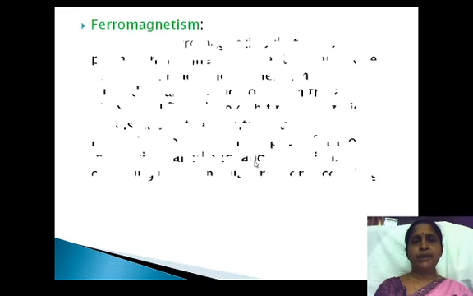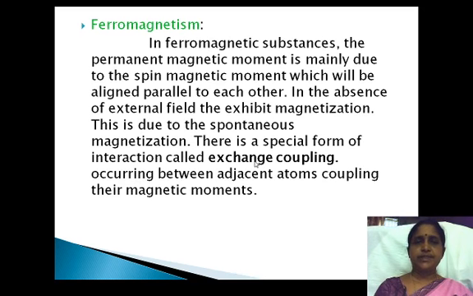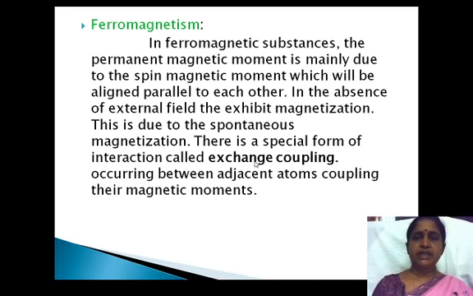Okay. Next, ferromagnetism. In ferromagnetic substances, the permanent magnetic moment is mainly due to the spin magnetic moment, which is aligned parallel to each other. Here, the permanent magnet is exhibited by the spin magnetic moments. They exhibit magnetization even in the absence of an external field. If you give a field to that magnetic material, the magnetic moments present in that material are